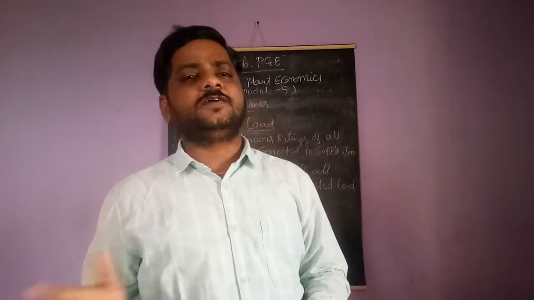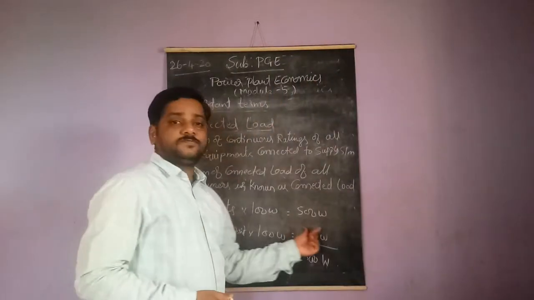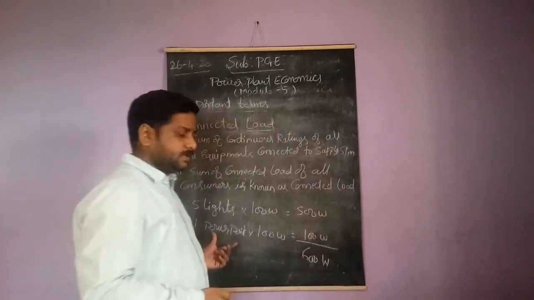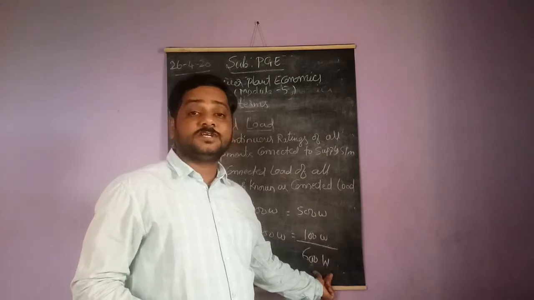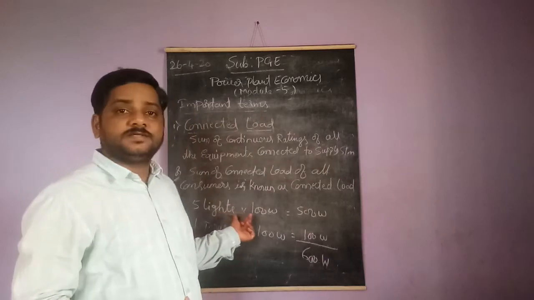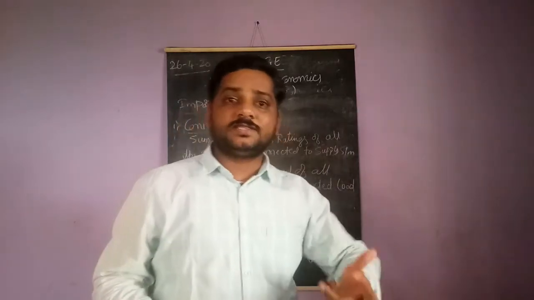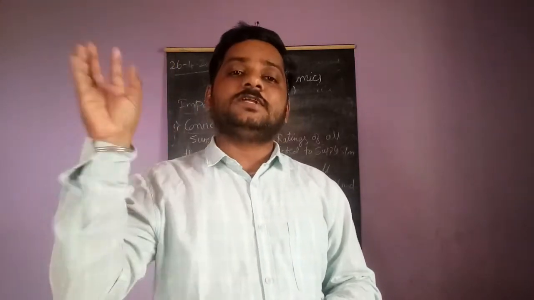An individual consumer will have a different connected load, and the utilization of load is different. I told you here 5 lights of 100 watts each and one power point of 100 watts. This is the connected load. The total connected load of my room is 600 watts. But I may not switch on all 5 lights regularly. I may just use 2 or 3 lights. That is the usage of electrical power. But connected load is nothing but the points you have in a room, whether you are using them or not, that's secondary. That is called connected load.